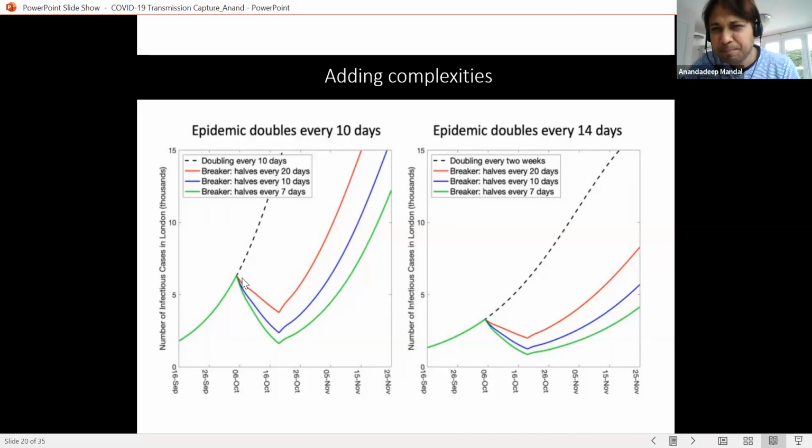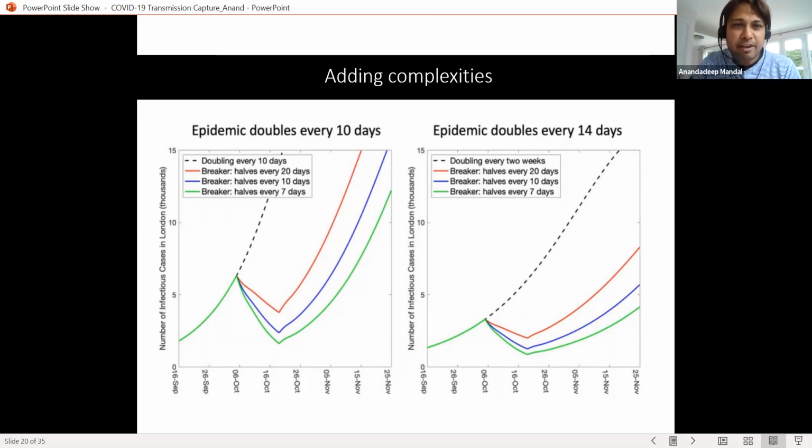Now these are known as NPIs. What is NPIs? Non-pharmaceutical interventions. That means we have not come into vaccines yet. We will do vaccine projections in a minute. So these circuit breakers are when there are no vaccines. So circuit breaker is an NPI, non-pharmaceutical intervention. What's a pharmaceutical intervention? Classic example is vaccine.